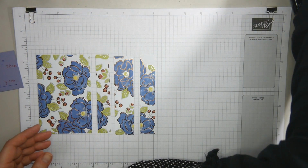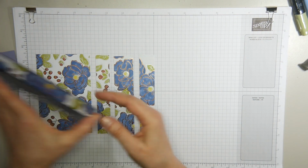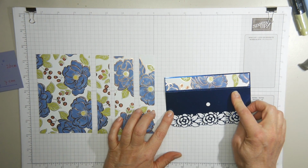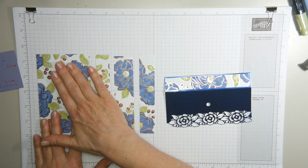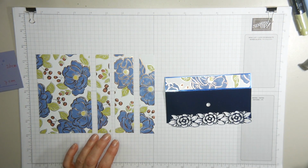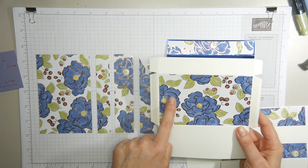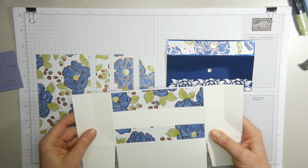Even kijken. Nou, dan hoef je alleen nog maar dit op de bovenkant van je papiertje te plakken. Van de flap. The fold down top. Okay, and so this goes on the back, this goes on the top, this goes on the front, and that one goes on the front. I can show you. So the 7/8 inch piece goes on the fold down top, the large piece goes on the back, and then these two pieces, that one first and that one last, go on the front,